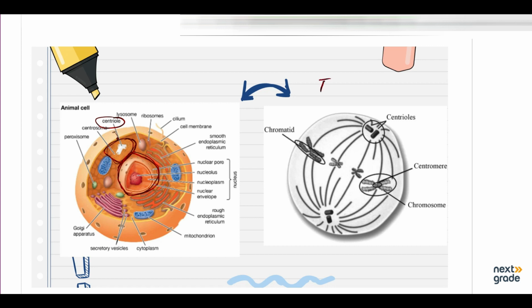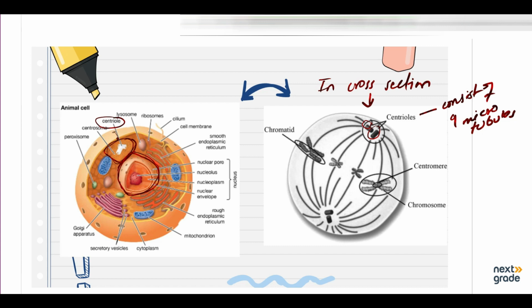However, in cross section, as you can see in this picture, the centriole consists of 9 microtubules, right? Then two centrioles are usually placed at right angles to each other, and just before a cell divides,